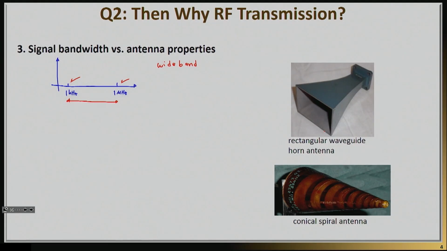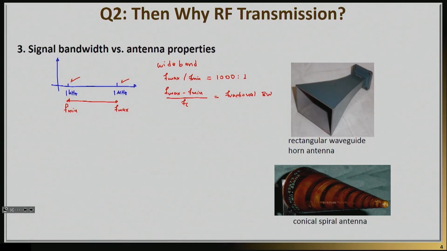And usually we'll measure the bandwidth, for example, by dividing the maximum frequency of the signal over the minimum frequency of the signal. So we'll say, for example, f max over f min. And in this case, the bandwidth is this extremely high number of 1,000 to 1. Or we will actually divide the maximum frequency of the signal minus the minimum frequency of the signal over the center frequency. And then we're going to talk about basically the fractional bandwidth of the antenna.